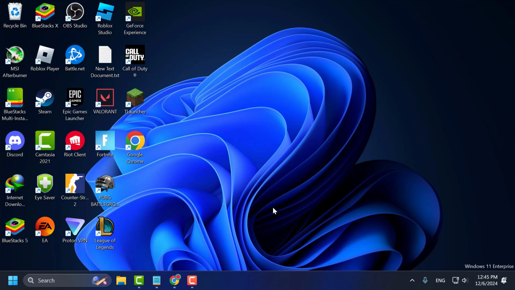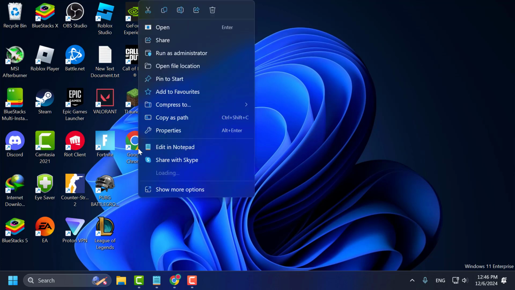Today we are going to see how to fix Google Chrome not opening on Windows PC. Let's fix it, guys. Method 1, you just need to right click on the Google Chrome on the desktop and